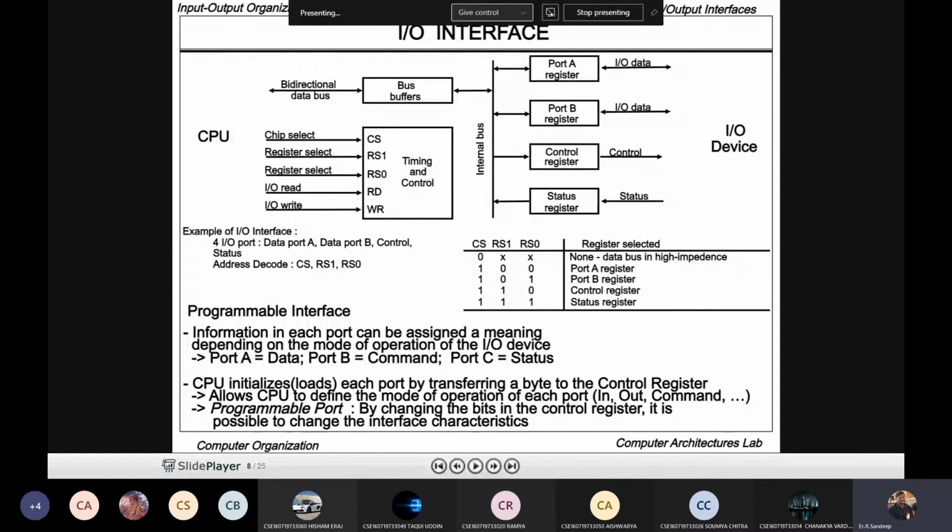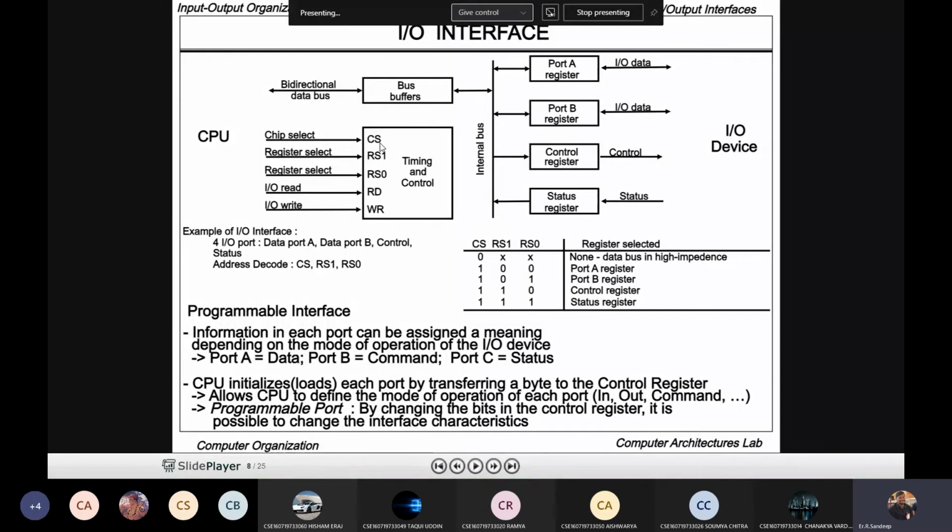So this block diagram you need to explain if they ask, and for each and every block you need to keep a side heading. Bus buffers are used for transferring the data in a bidirectional way from the CPU to the interface. And the timing and control unit has 5 signals, and for the 5 signals you need to explain the table, and it is a long answer. Sometimes you may get it for 15 marks as well. You need to keep the heading as timing and control unit. So next block, you need to explain each and every signal.